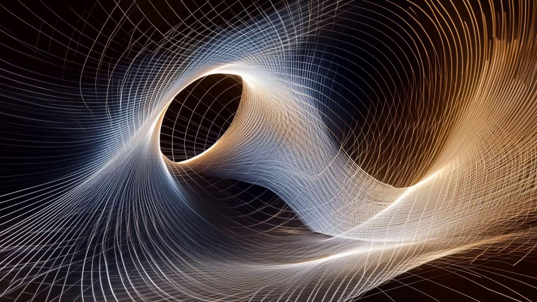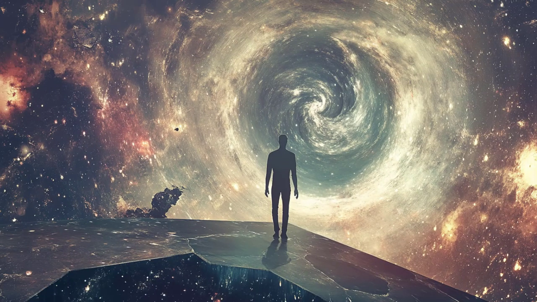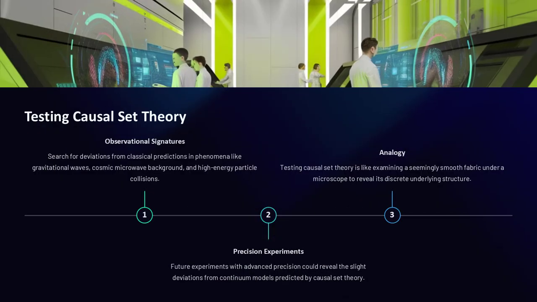Testing CST involves searching for observational signatures of spacetime discreteness. These might include deviations from classical predictions in phenomena like gravitational waves, the cosmic microwave background, CMB, or high-energy particle collisions. Since CST predicts slight deviations from continuum models at extremely small scales, future experiments with advanced precision could reveal